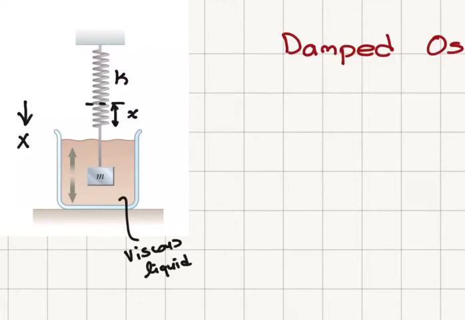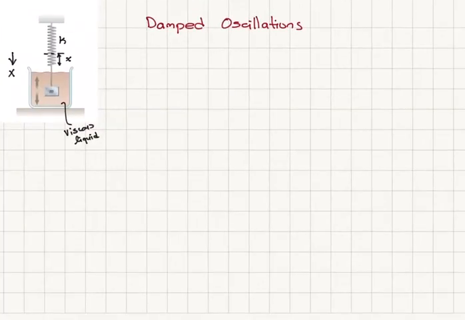So I'm going to observe the effect of the viscous liquid as a retarding force, as a source of friction in the oscillations of the block with mass m. All right. So in the case where you have non-conservative forces such as friction,